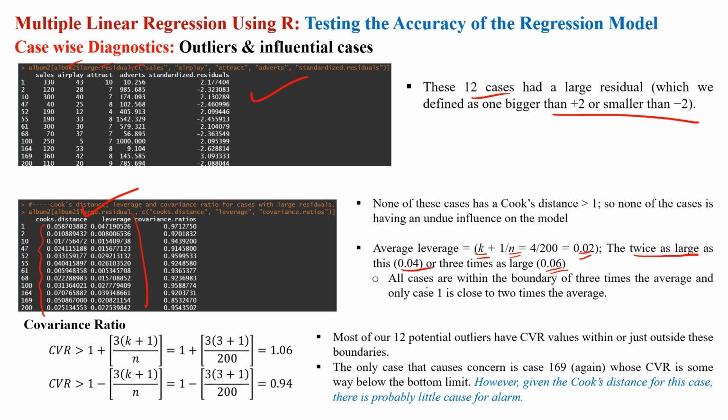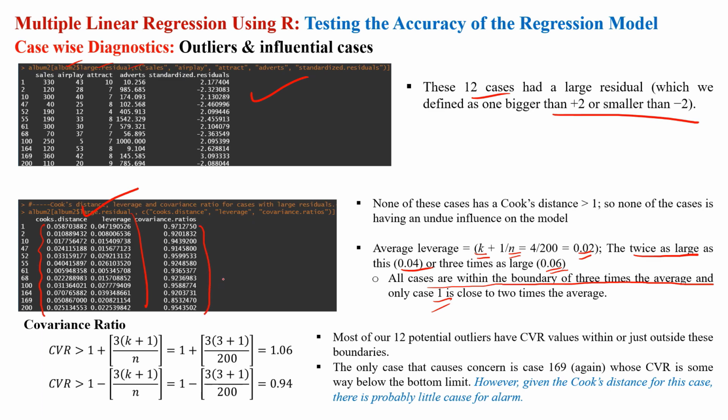As you can see, all the cases are within the boundary of 3 times the average, which means all the values are less than 0.06. Only case 1 is closer to 2 times. So we can say that there is no need to delete any particular case, or either you can use